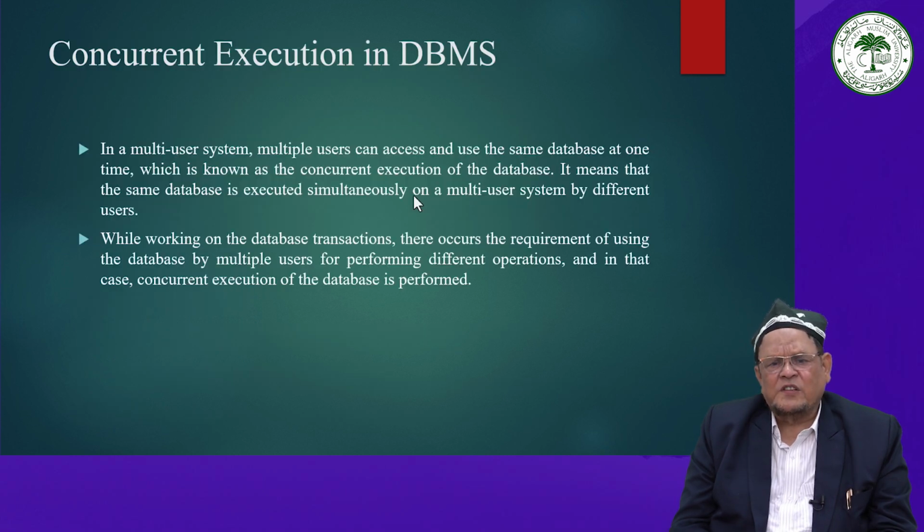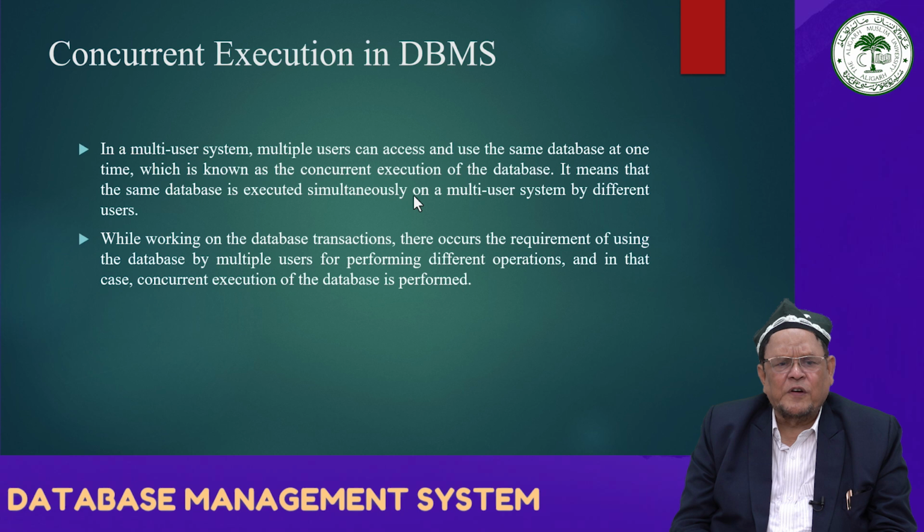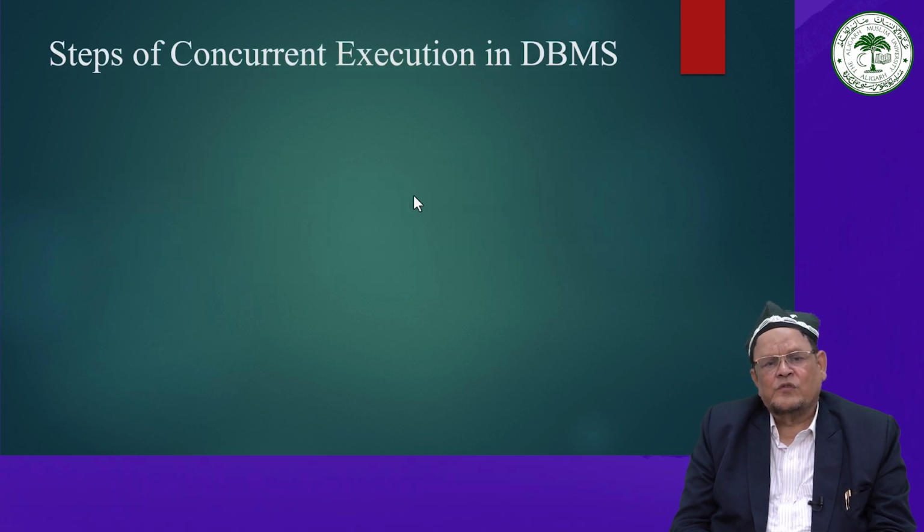Multiple users can access and use the same data at one time, which is known as concurrent execution of a database. It means that the same data is executed simultaneously on a multi-user system by different users. While working on a database transaction, there occurs a requirement of using a database by multiple users for performing different operations, and in that case, concurrent execution of a database is performed. So, the steps for concurrent execution in a database management system: